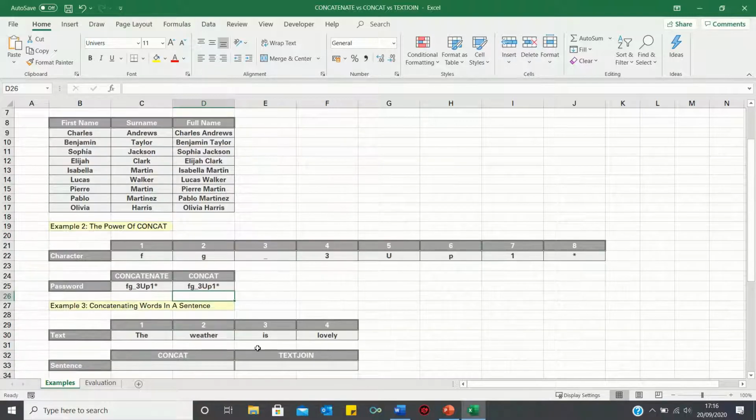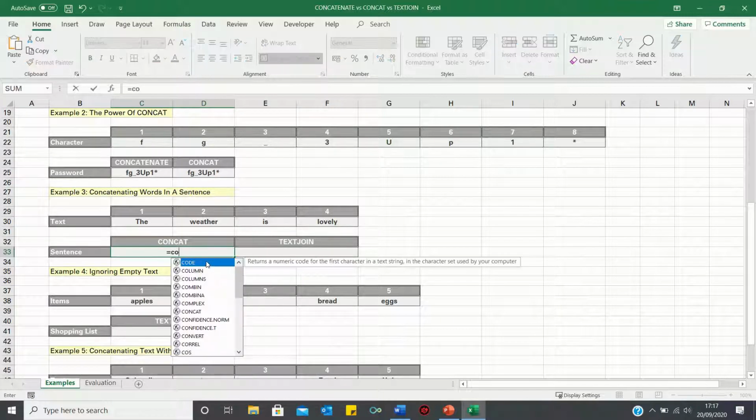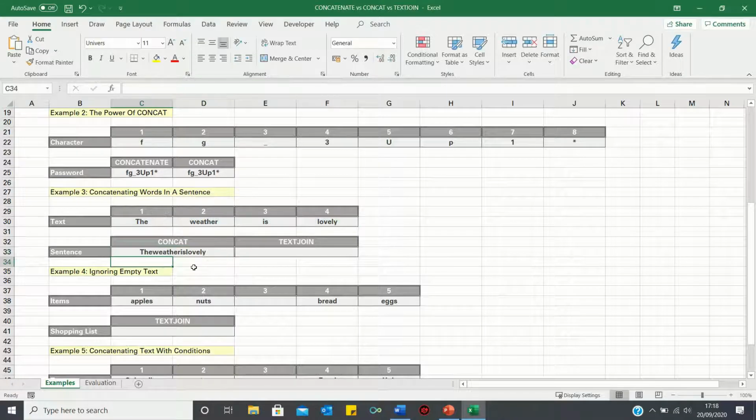Let's now move on to example 3. Here we want to join the text, "The weather is lovely," into one sentence. One way is to use the CONCAT function. We could simply select all of these cells and click enter. However, this sentence doesn't look right, as there are no spaces between the words. To add spaces using CONCAT or CONCATENATE, we would have to input each cell manually, followed by a space, which